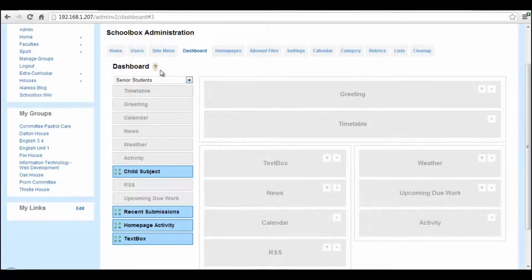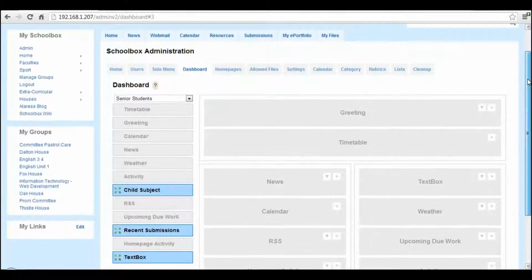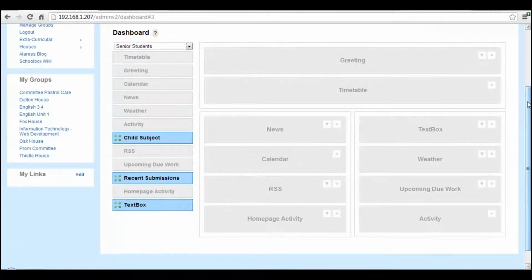So now when a senior student logs in, they will actually see the content from that text box on their dashboard screen in the position that we've put that component. So it's a really powerful feature. It can be used for a real range of different activities and content to be delivered to different groups. It may, for example, be used